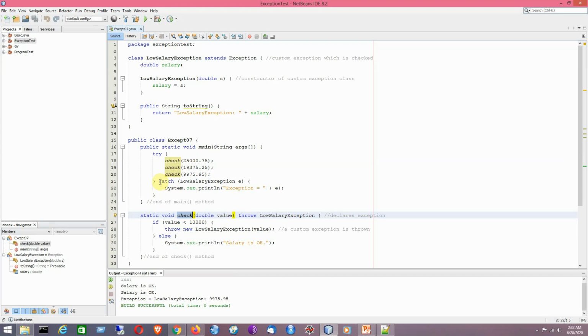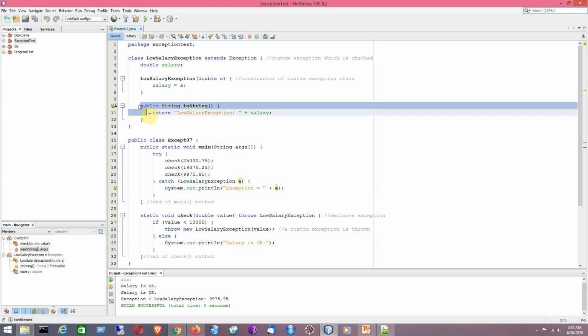And here we are having the matching catch that will be trying to deal with the low salary exception. It will be just printing the value, like it is showing the exception object reference. Basically it is showing you the string representation of the object, the salary value.